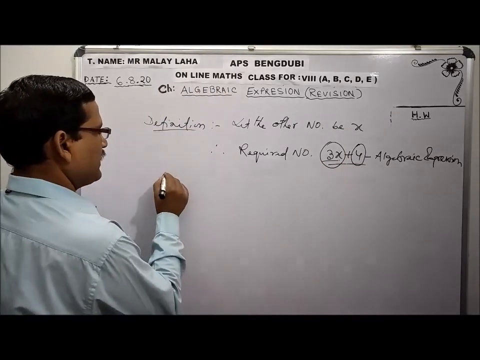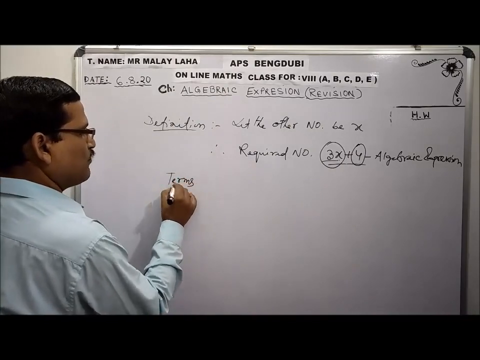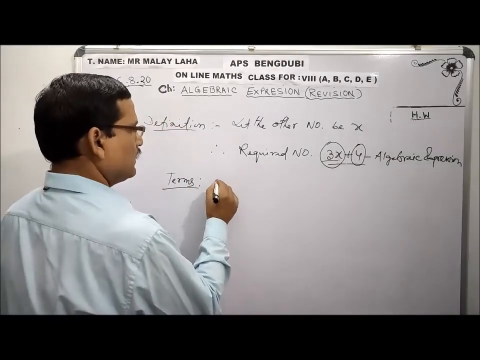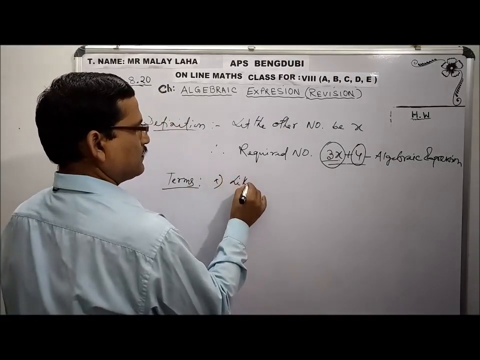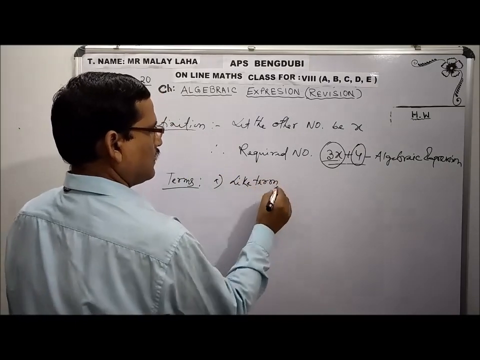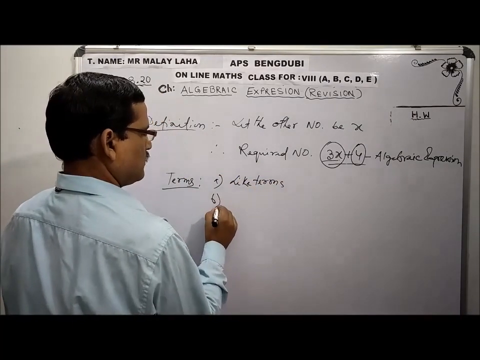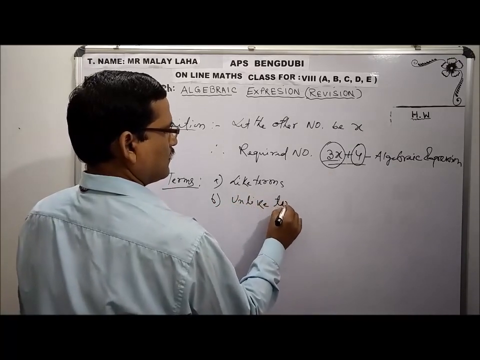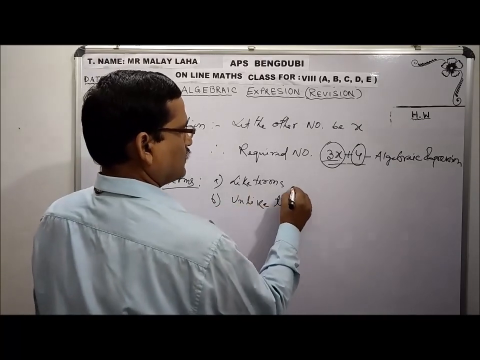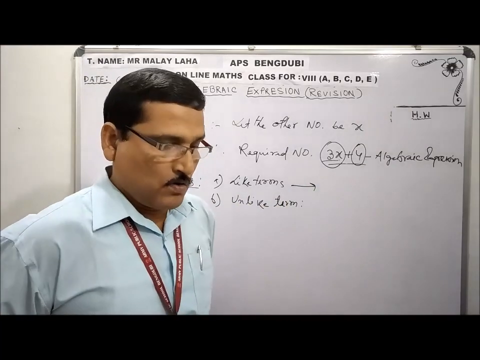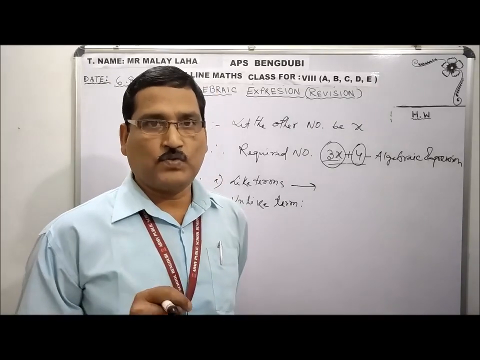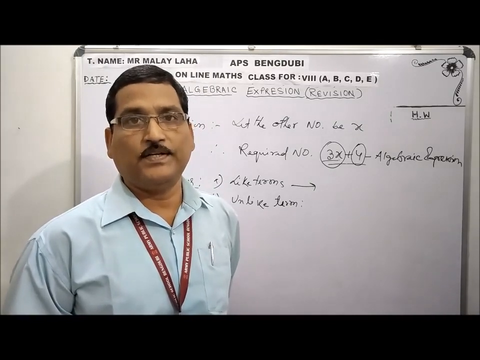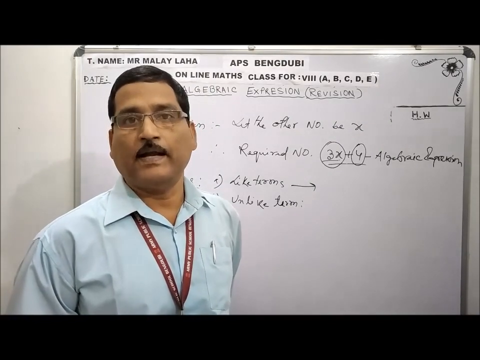Now terms, again I am coming to this. What are the important parts we have to remember for periodic test 1? Terms are of 2 types: like terms and unlike terms. Okay, so which are like terms? Always remember, when you say whether terms are like or not like, we only have to see their variable, that is the literal factor, and power.